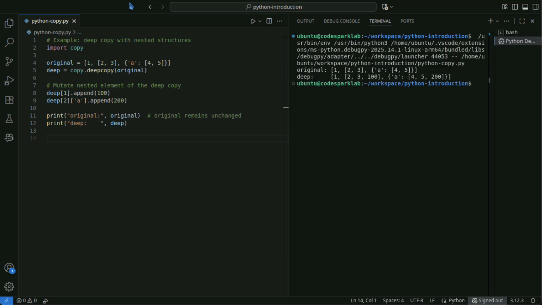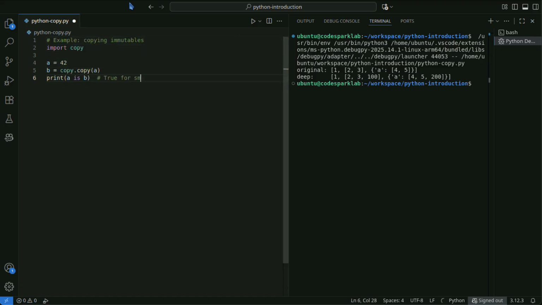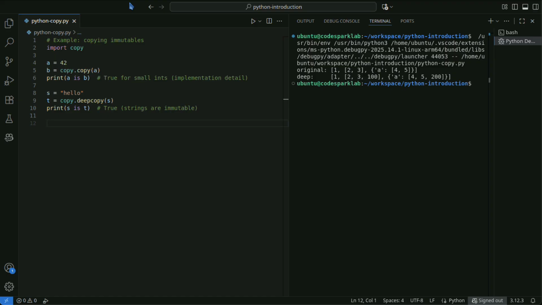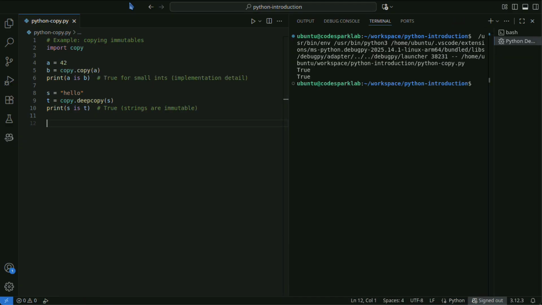Immutable objects, e.g., int, str, and tuples whose contents are immutable, usually do not need to be copied. Copy may return the same object when appropriate. Since copying immutable objects provides little efficiency benefit, the same object may be reused. This is rarely something you need to worry about in application design.